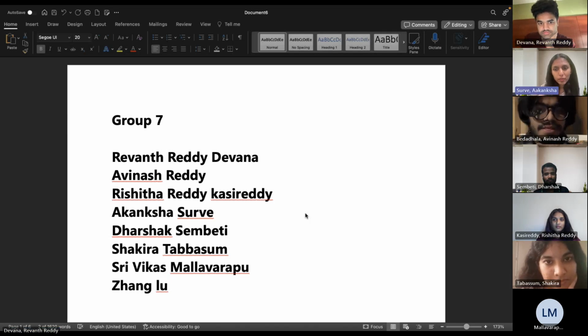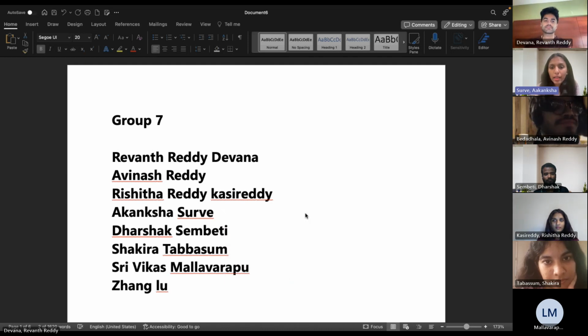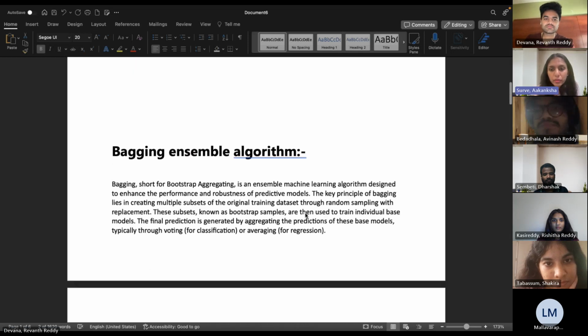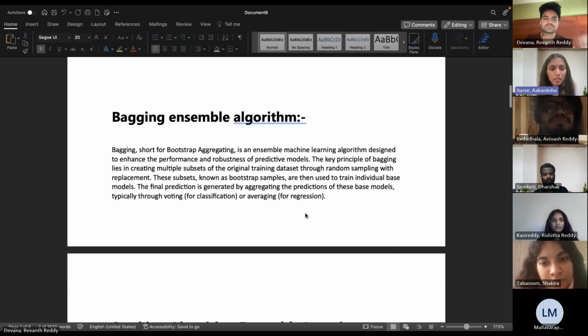Hello, everybody. We are from Group 7. Today, we are going to discuss our machine learning fourth project app. In our group, we have Revant Reddy, Avinash Reddy, Rishita Reddy, myself, Akanksha, Darshak, Shakira, Tabassum, Vikas, and Zanglu. Now, coming to our machine learning app, the first topic that we are going to discuss regarding this